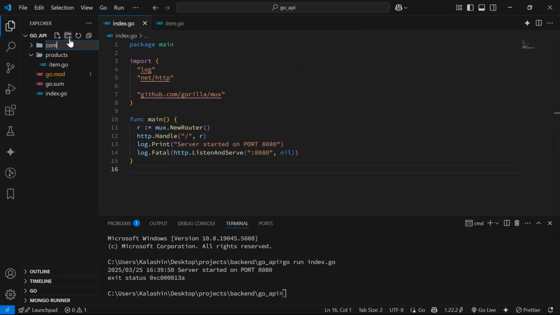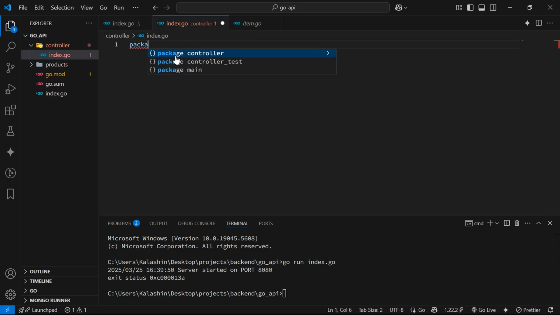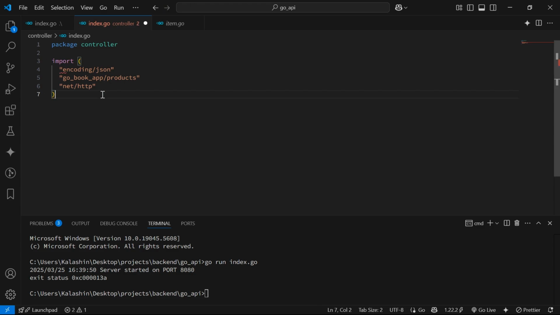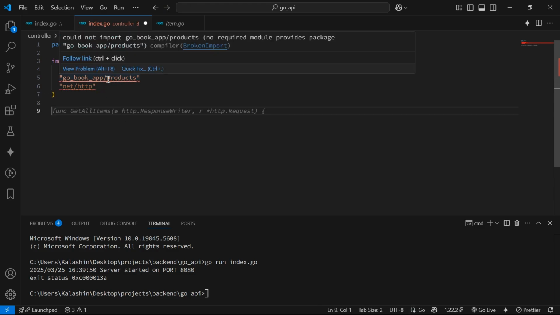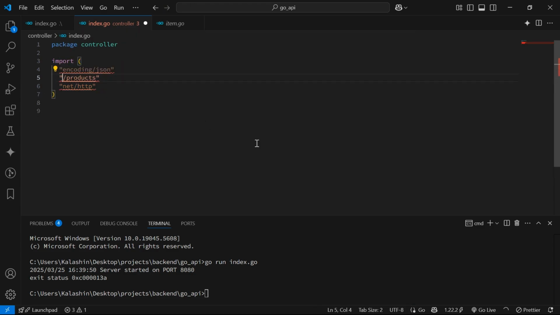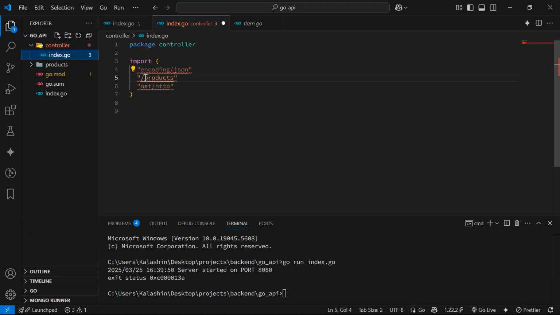So what I'm going to do is to create a new folder named controller, and inside of it, we are going to declare a new package named controller. Then we import encoding/json. We are also going to import go_API/products. That is the package we created locally. And then we are going to import